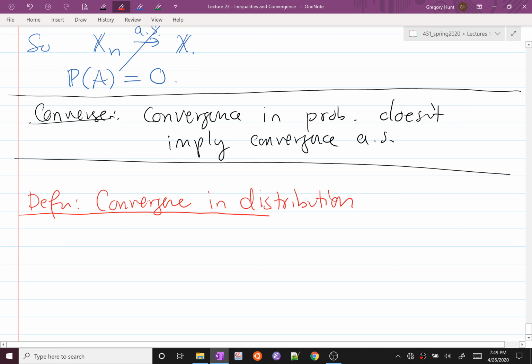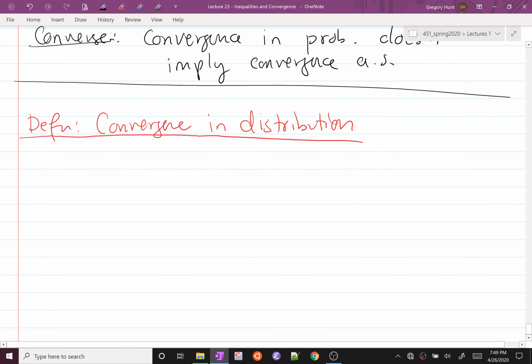And this, I think, is the nicest form of convergence. It's most intuitive to people. We say the xn converge to x in distribution, written with a d, if